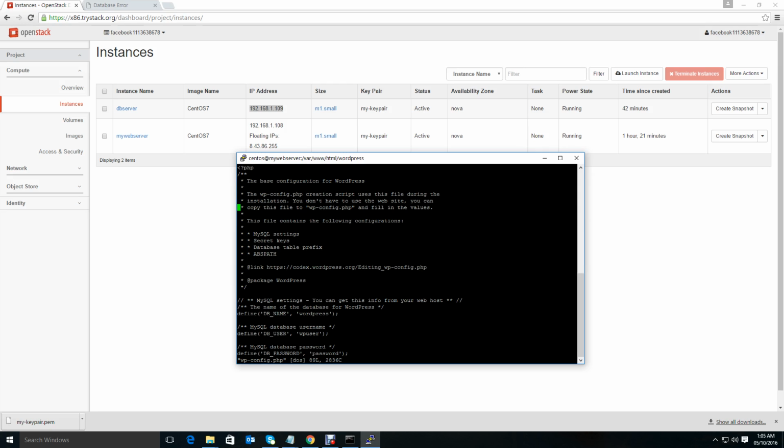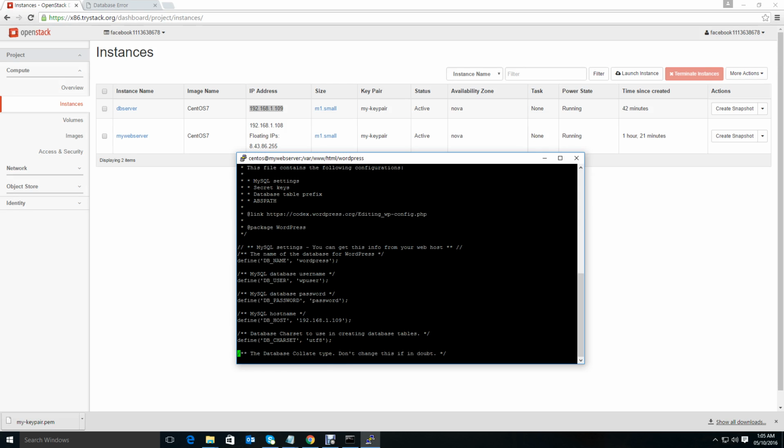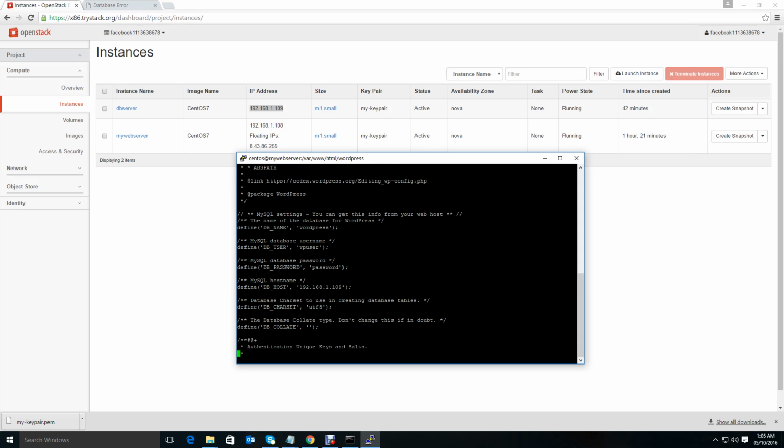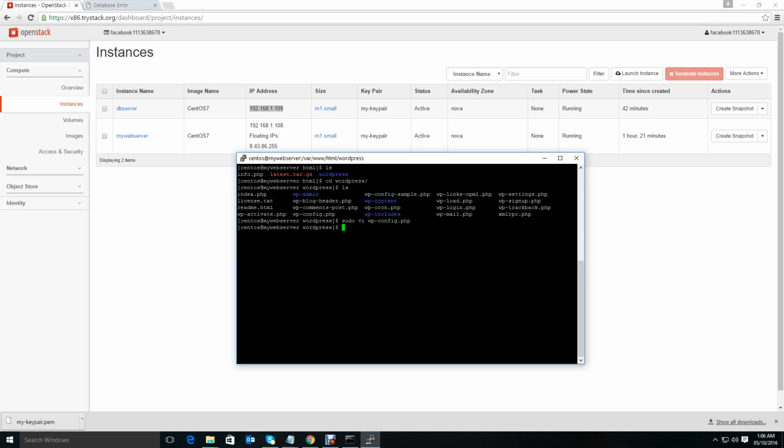Let's visit the configuration again. Is there anything? Define username wp user, password. Define DB host 192.168.1.109. Yes. wp user, WordPress. Okay, and it's fine. Let me have a look later, and I'll just